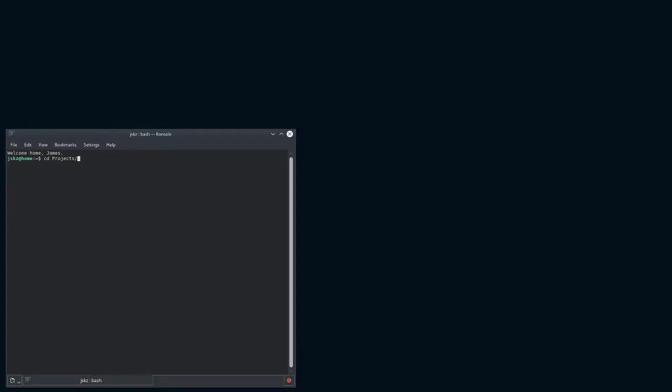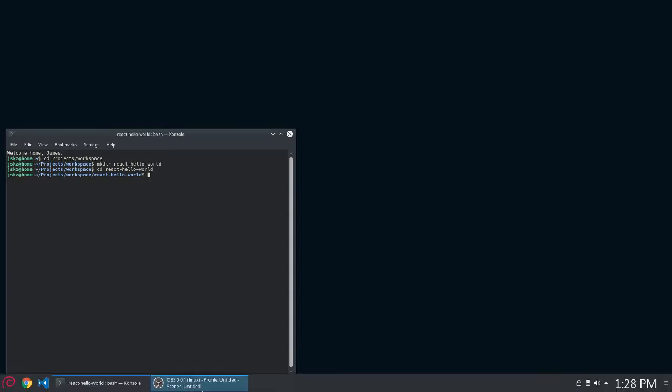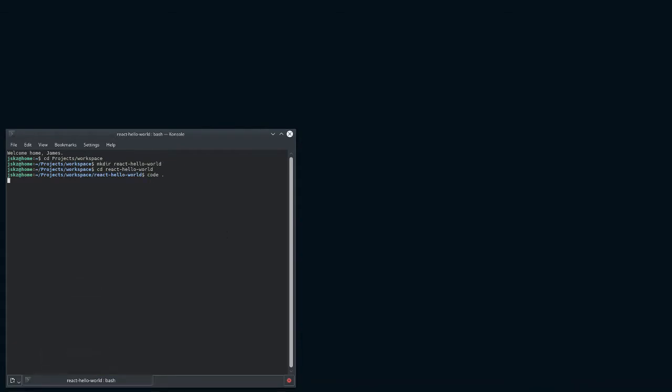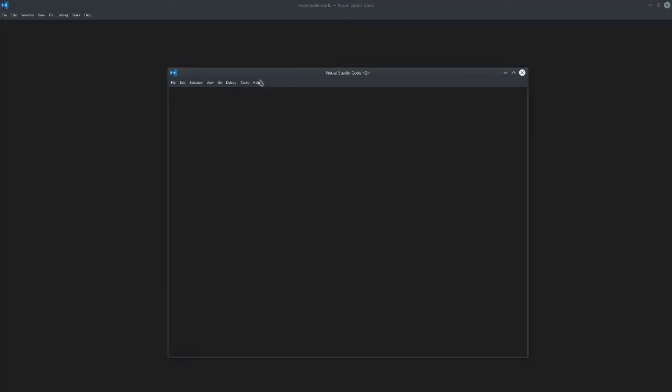So what we'll do is create a new temporary folder here, and we'll just call it React Hello World. And we're going to go into here, and there are tools from Facebook and others to do things like create a boilerplate project for you and get all this stuff done for you, but I think it's important to kind of have the foundations down as well. So we'll open up a session of VS Code here,